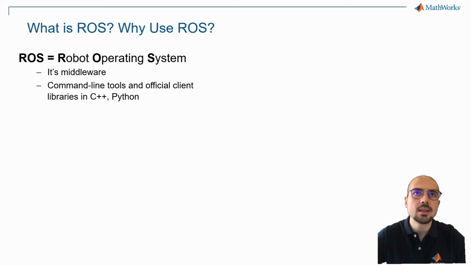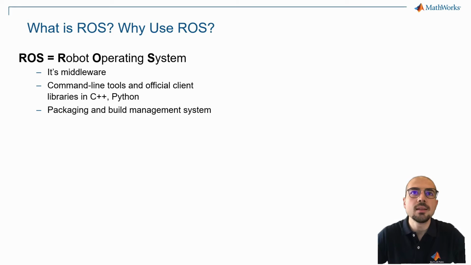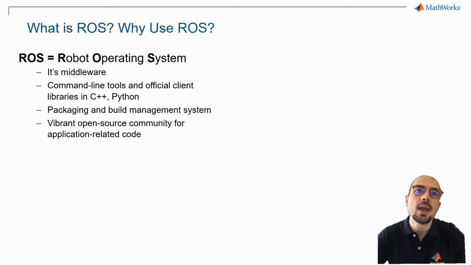It's very used and it's based on Python and C++, so it has a variety of nodes, and it's very supported by the standards, and it contains also a packaging and building system. So when you write a particular code, you can build it inside the ROS environment, and it has a vibrant community,